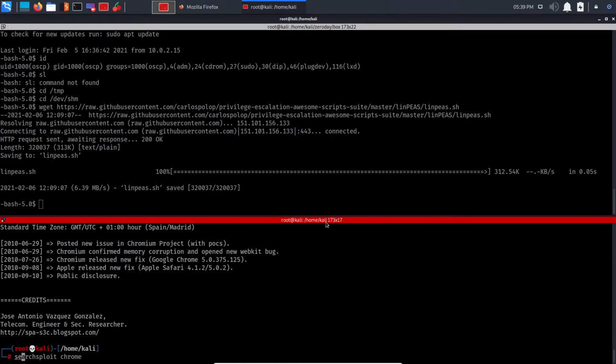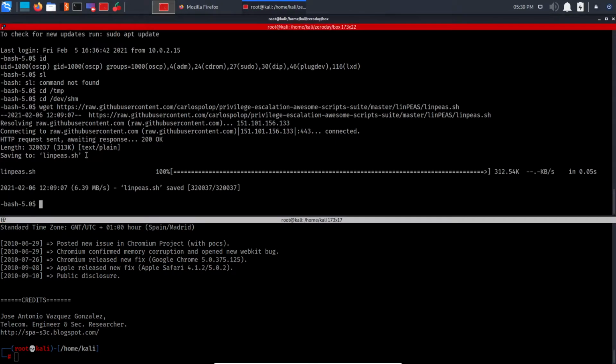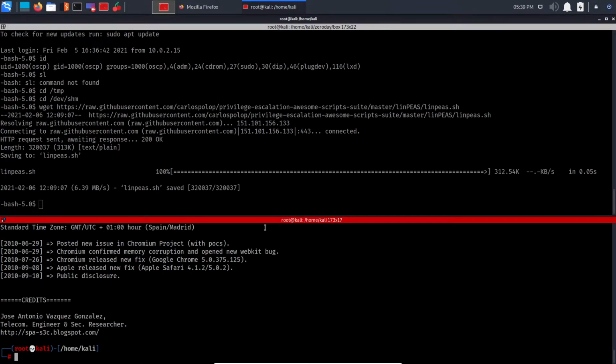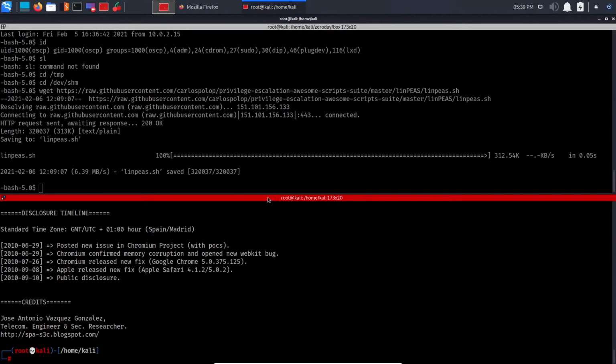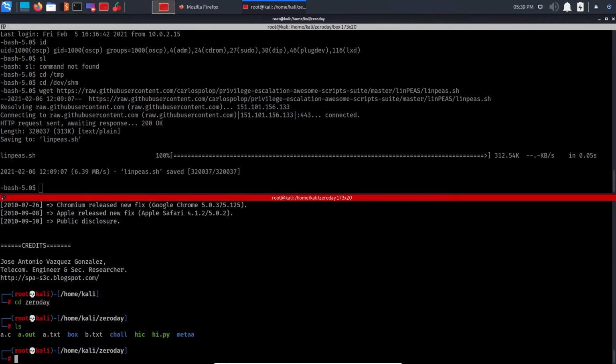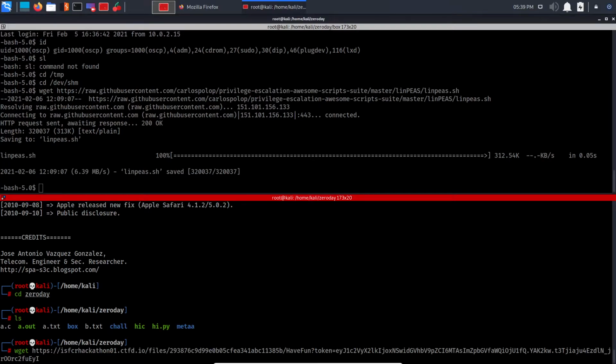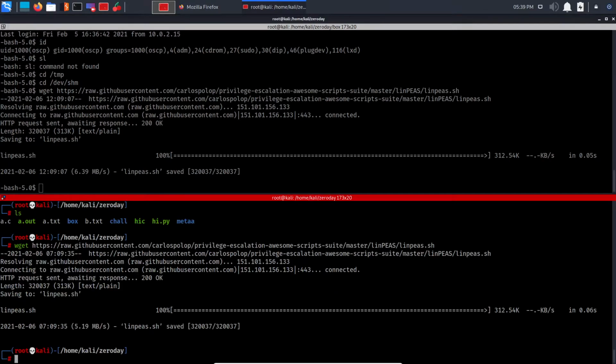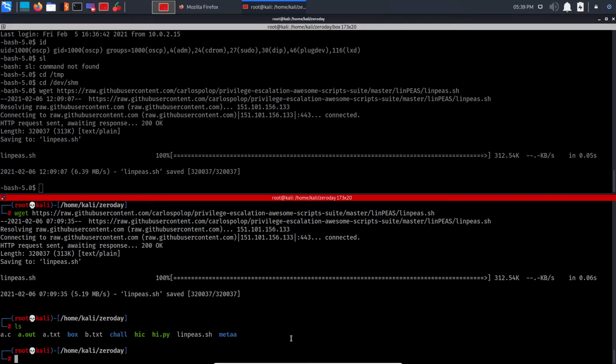What you do then is, in your attacker machine itself, which is your IP, right? Even though you have a shell on it, it still has a different IP and everything. This is where your network exists, and your packets are being sent from your attacker. So you go to 0-day or whichever folder you have the exploit, the linPEAS. So I do the wget here first. I have the file right now. I need to copy this file from my